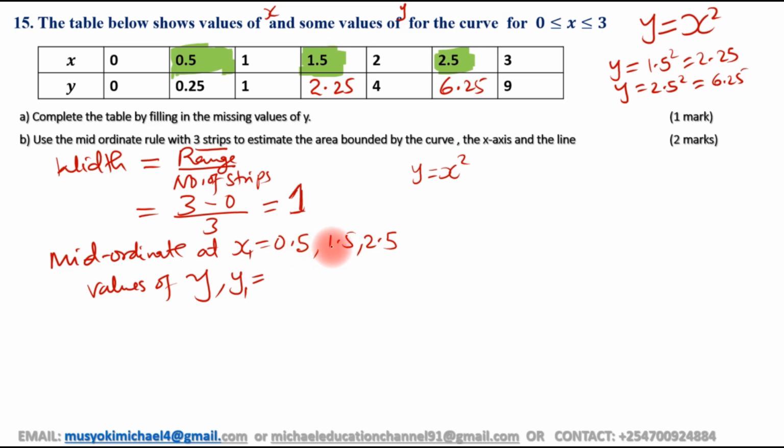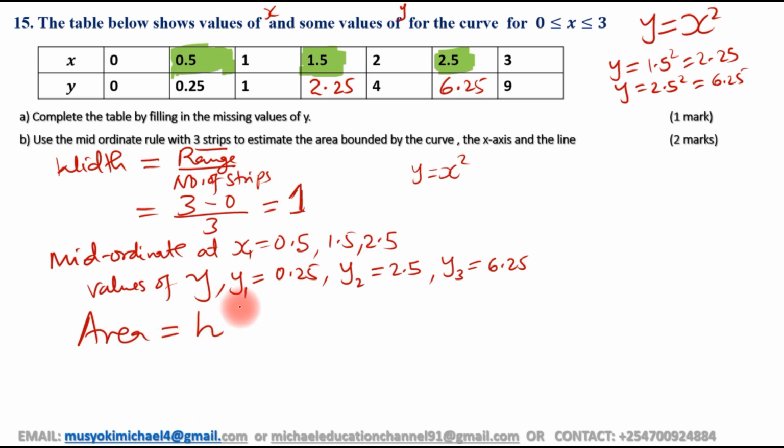This is x1, x2, x3. So y1 will be 0.5 squared, which is 0.25. y2, that's when x is 1.5, it is 2.25. Then y3, when x is 2.5, y3 is 6.25. Now to get the area,